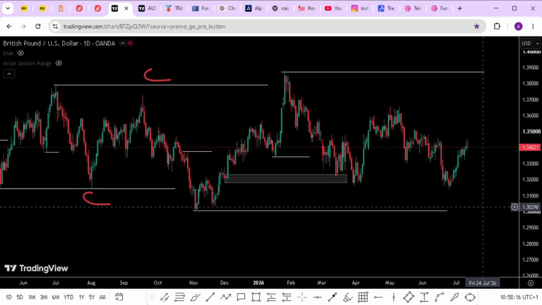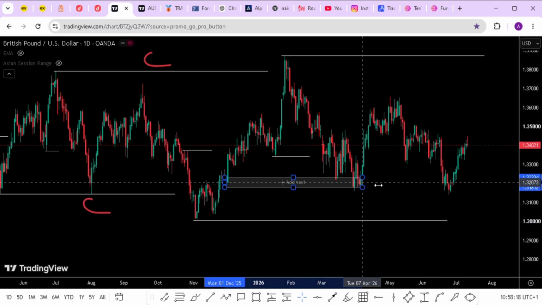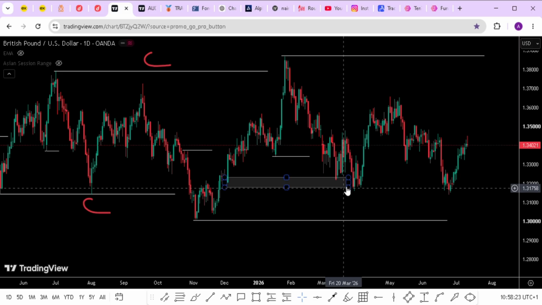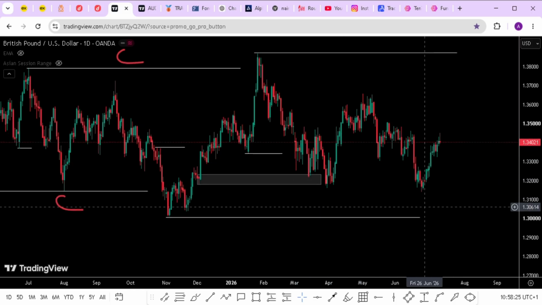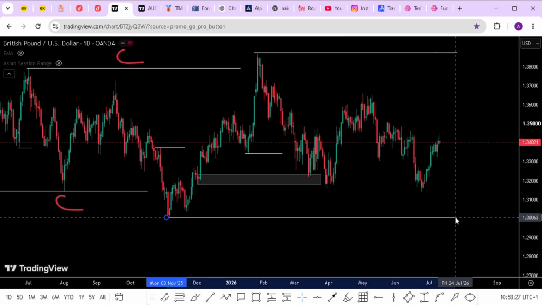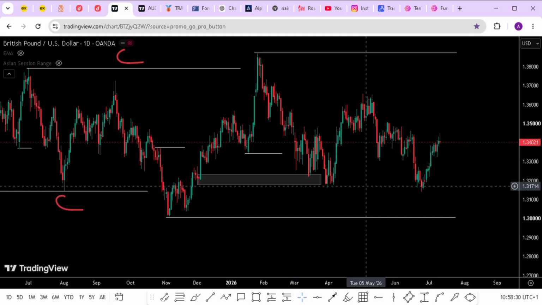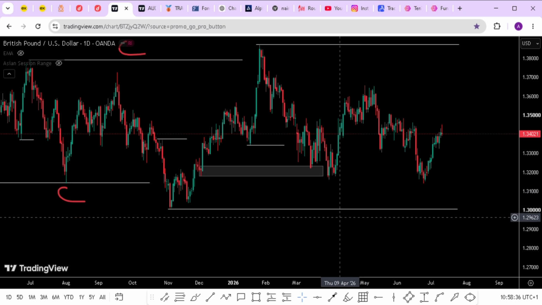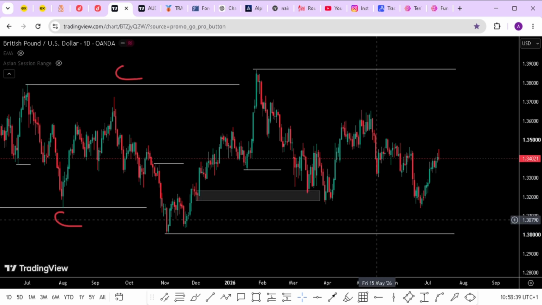And the way I'm looking at it, the POI seems to be invalidated, but it's still holding. No other POI below here. So if this one fails, then we are expecting the market to come and break this structure, because this is a sign that we have this weak low here. But we are not going to use our head. We just want the market to do that. If it doesn't, we follow exactly what the market is doing.